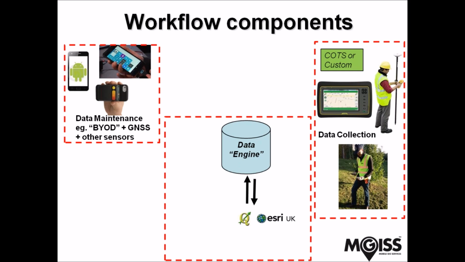So from a data maintenance point of view, or from a technology point of view, because of the proliferation of consumer platforms and apps available, you can actually reduce significantly the cost of carrying out inspections, because a lot of the attributes that you've captured first time around are now fixed. So not only do you reduce the size or the amount of data that you need to take out into the field, but you're also reducing the cost in terms of technology of how you can interact with that data